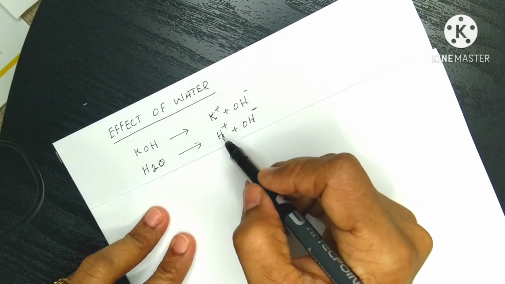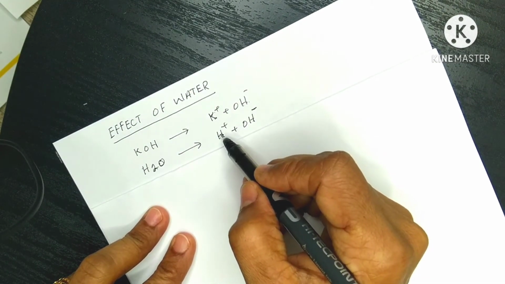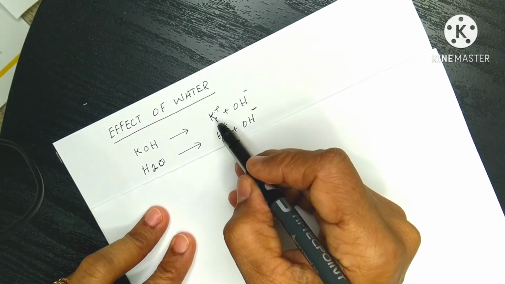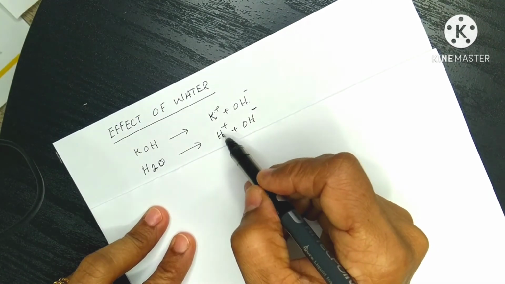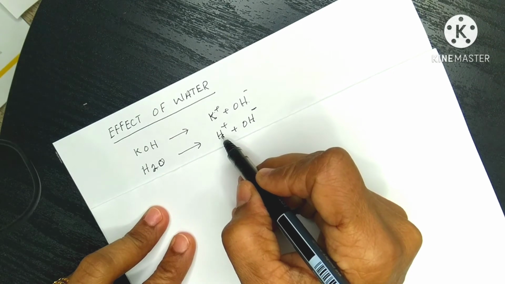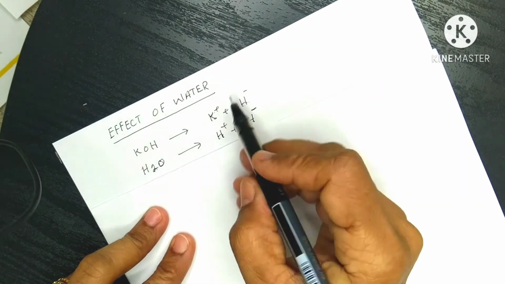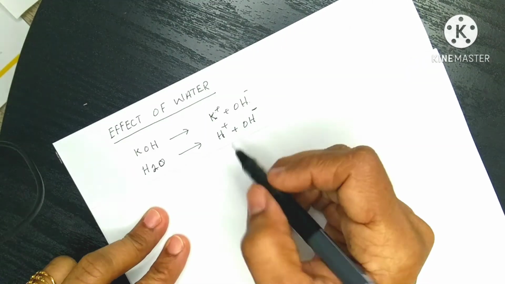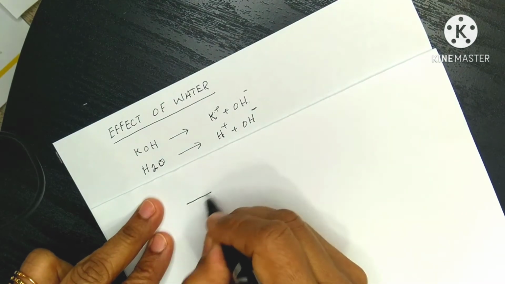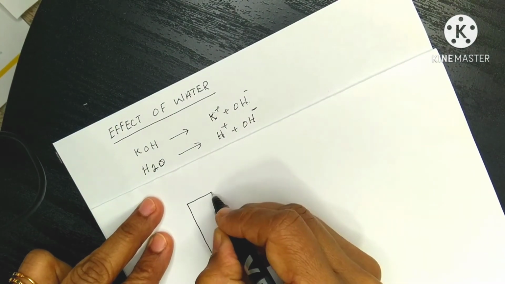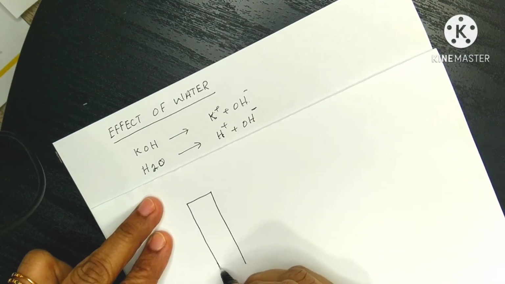And in case of the hydrogen and potassium ions, the hydrogen is less reactive as compared to the potassium ions according to the reactivity series. So hydrogen gas will release at the cathode, and potassium ion will remain in the solution. For this, for example, I will explain reaction at the cathode.